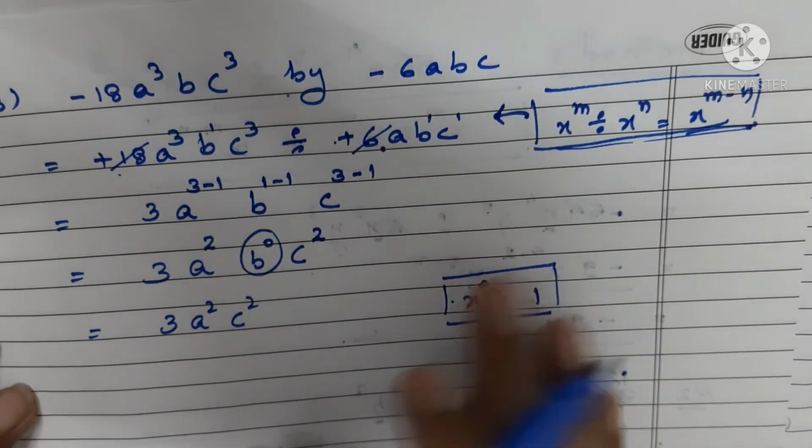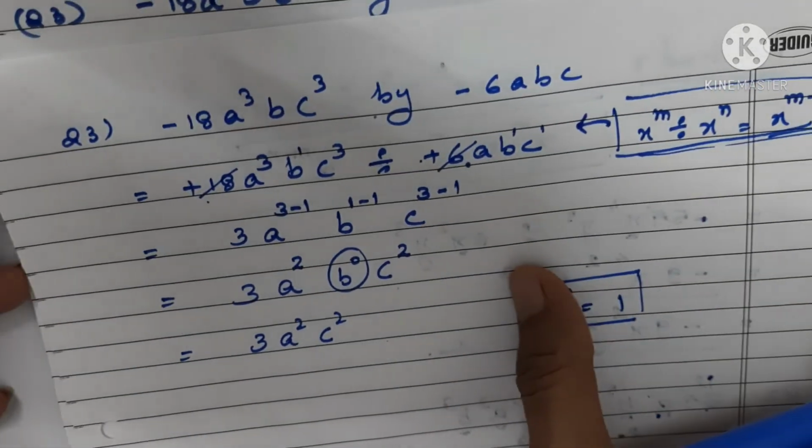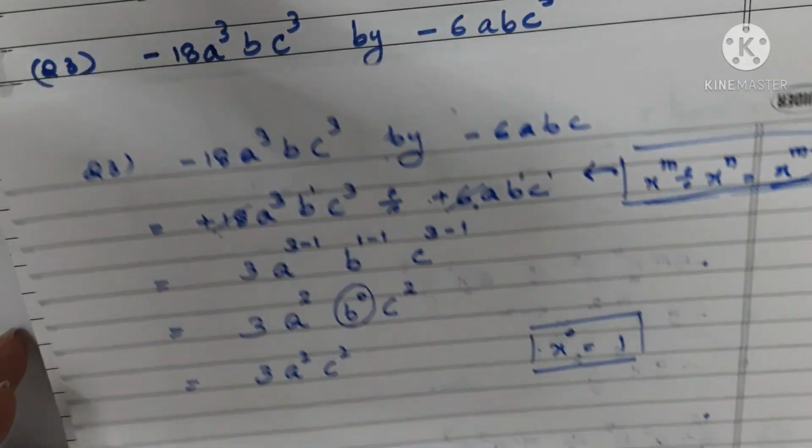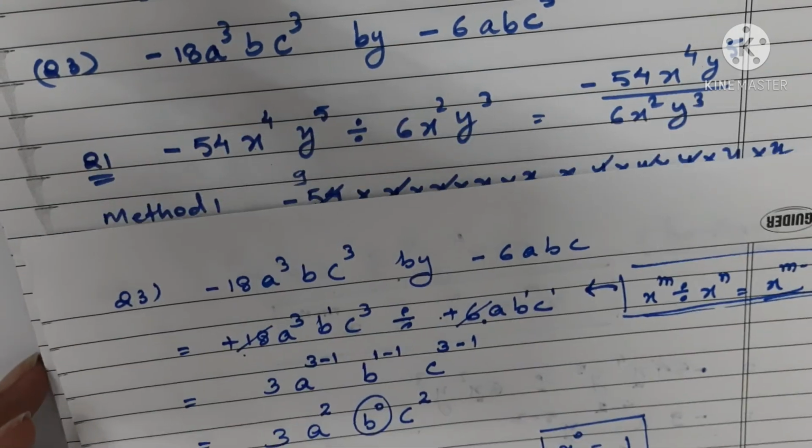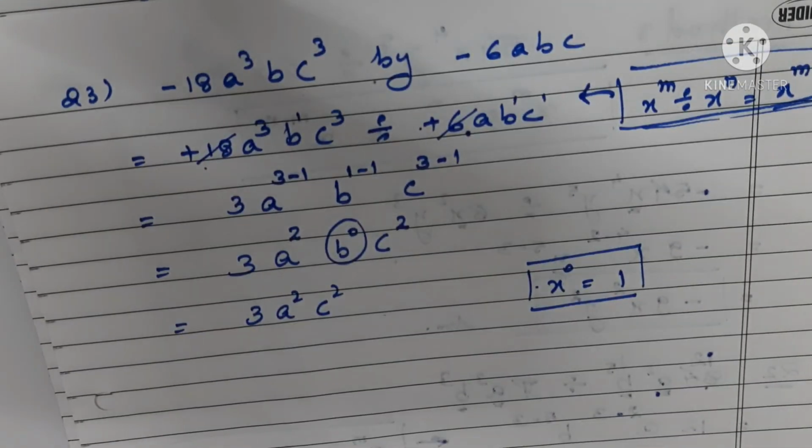Right. So with this we have completed this session. I hope you have gone through these 3 questions very clearly, and you must have understood all the concepts here. Now in the next session we are going to learn about the division of a trinomial or of a polynomial by a binomial. In that also there are some other steps. We will try to do it by the division method.